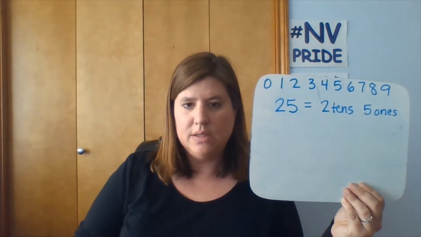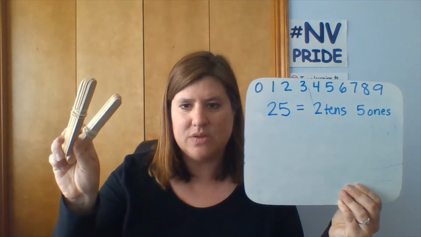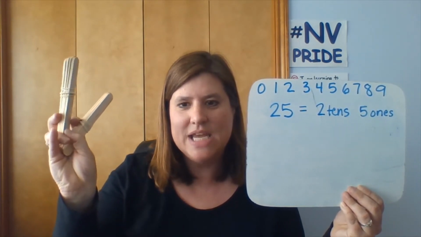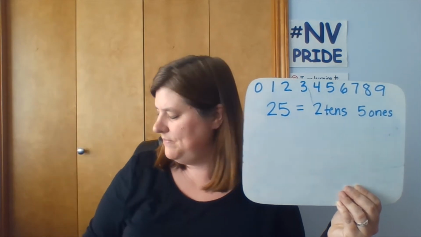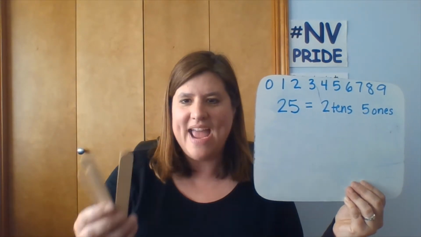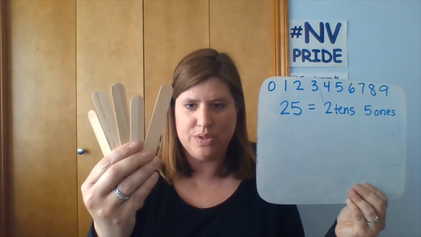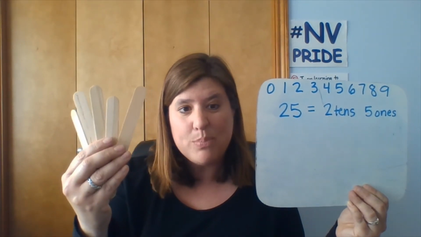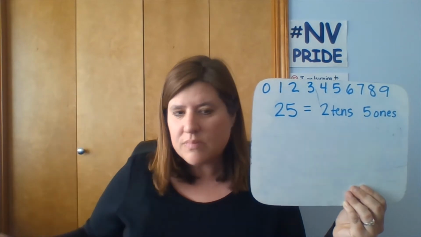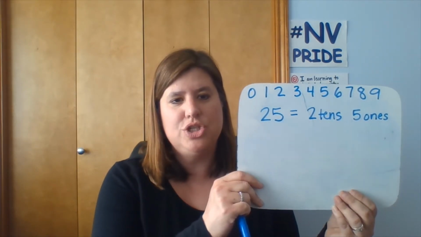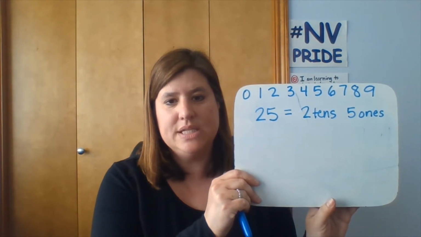So we might count with something like popsicle sticks, and we made our bundles. Remember when we made our bundles in class? So we have 2 10s, and then I have my 5 ones, my individual sticks that didn't quite make a brand new 10 bundle. I can also, on my whiteboard, draw 2 10s and 5 ones, so it looks a